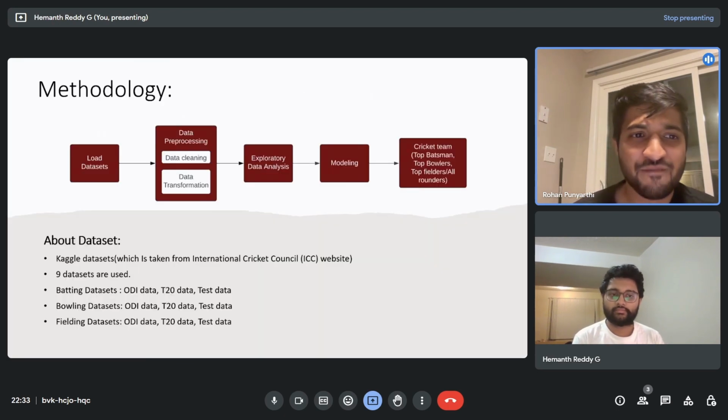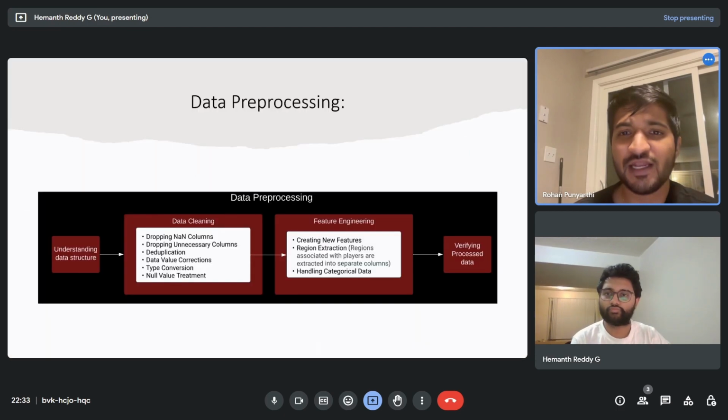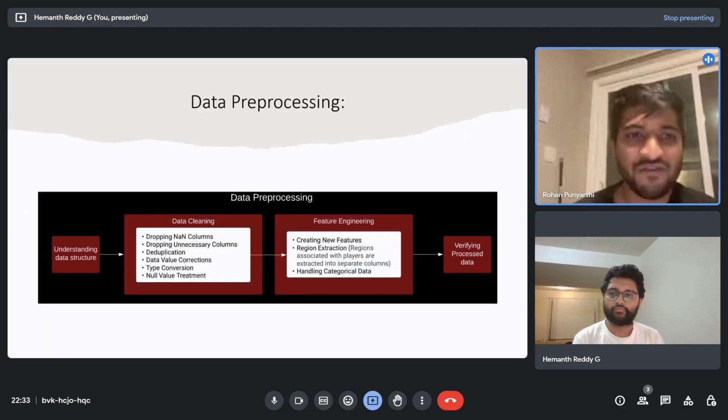Brief methodology. Initially, we load our data sets. In total, we have 9 data sets. Then we started with data pre-processing, which is followed by exploratory data analysis and modeling, and then eventually we get the results. A brief explanation: data pre-processing consists of data cleaning, which is our first step to